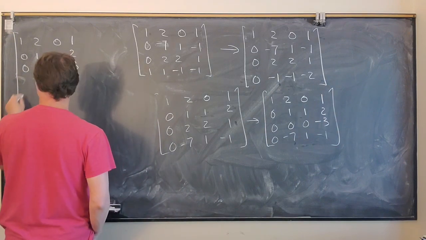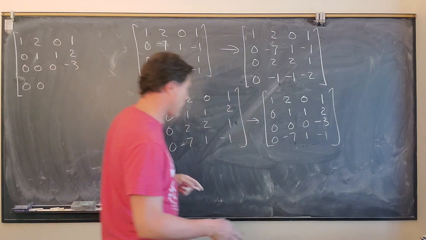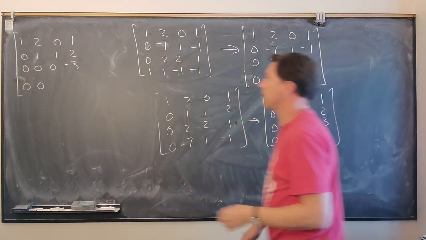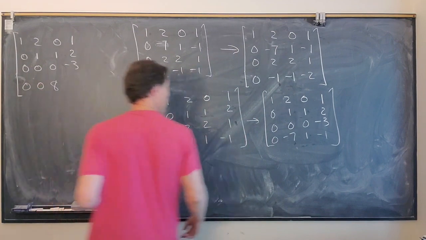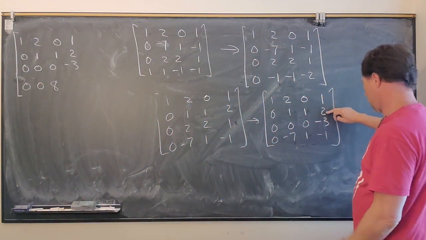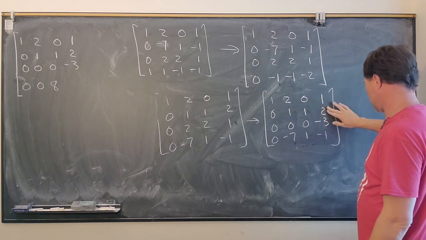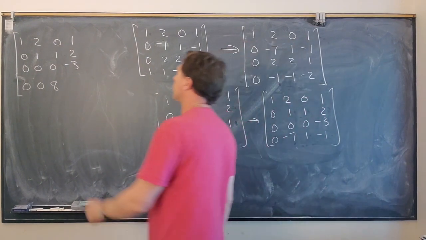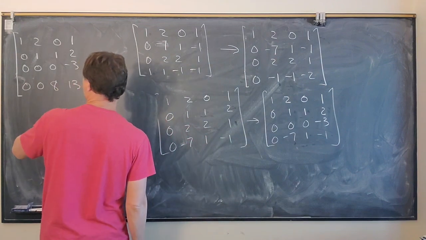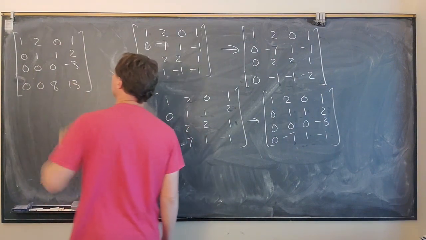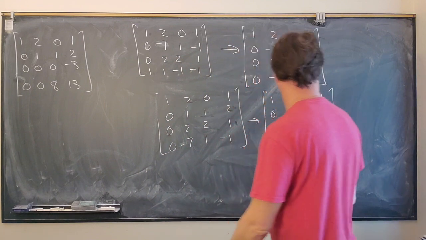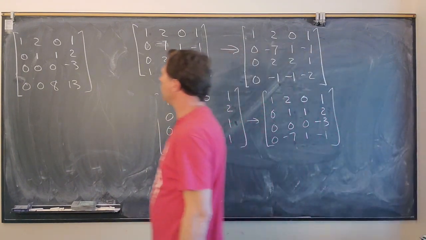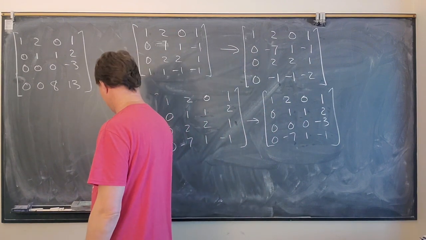Okay, so this is going to be a 0, 0, so 7 times this one. Okay, 7, this will be a 7 plus 1 gives me an 8. And 7 times this is a 14 plus this is a 13. All right, we're almost there. My last step,